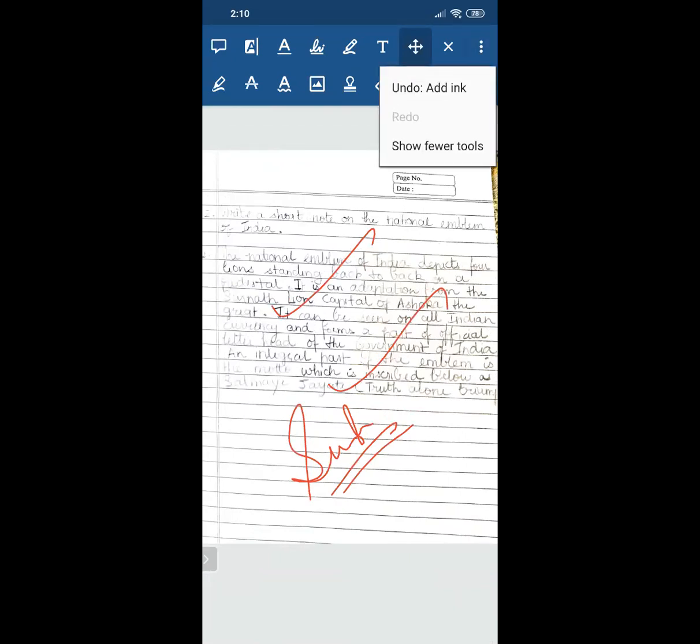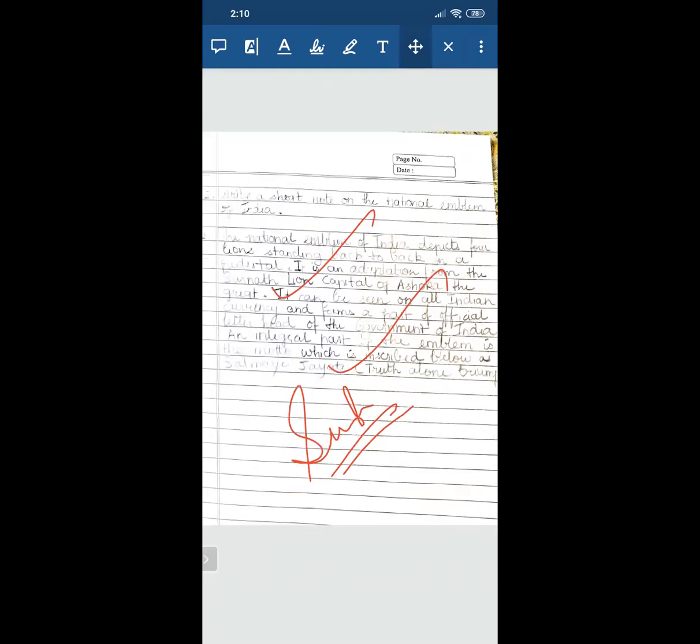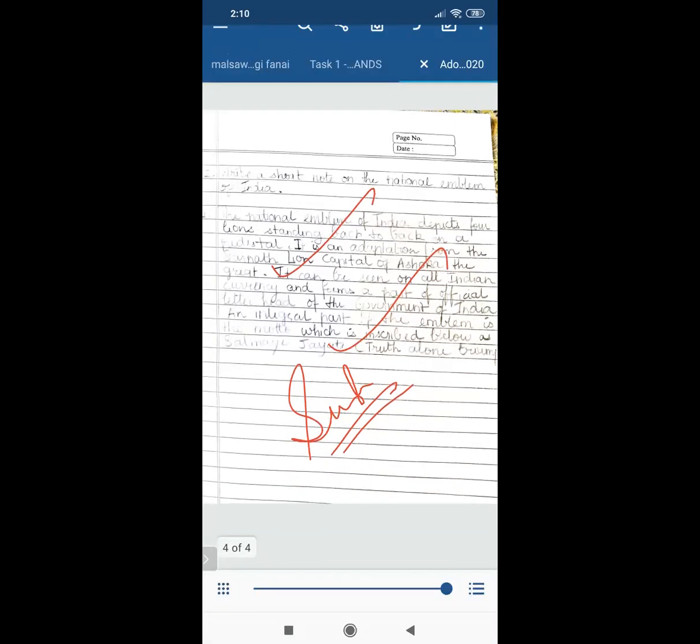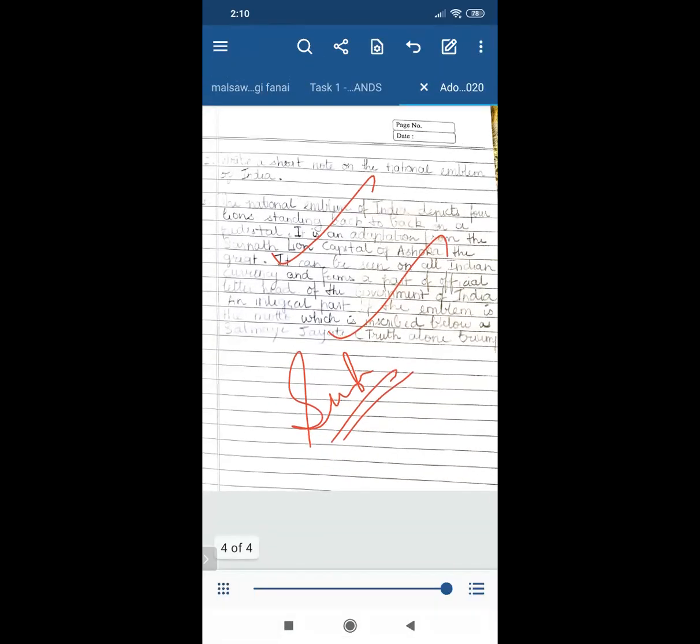Now from here, it has these three dots, you can activate this to show you fewer tools, which is easier for me to access. But otherwise, I will be using the close button, the cross button, which you can see next to the three dots. When I close this, it gets me to the first screen, which it had shown me earlier. And here I have the share option, this slanted triangular option.